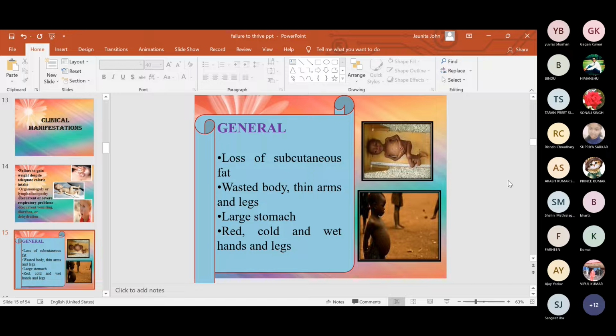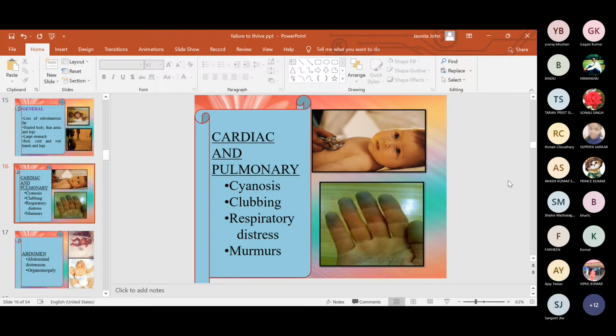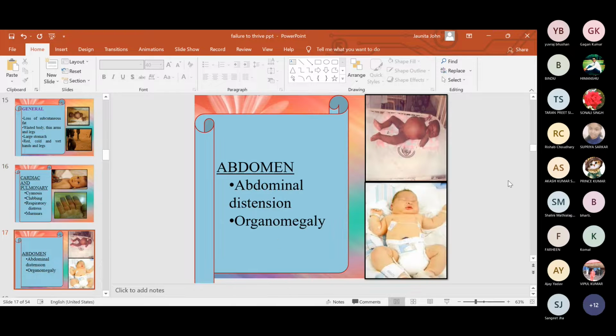Then general में loss of subcutaneous fat or no fat, or thin arms and legs, wasted body. Again, I'm repeating, it is not waste, it is wasting. Or you can write muscle wasting, WASTING. Large stomach, red, cold and wet hands and legs. Cardiac and pulmonary, heart or lung से related: cyanosis, clubbing, respiratory distress, murmurs. Abdomen में organomegaly and abdominal distension, distended abdomen. You all can see in the very first picture जो swelling हो गई है या फिर bloating है belly में